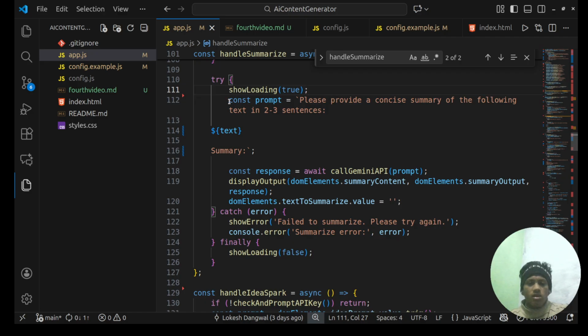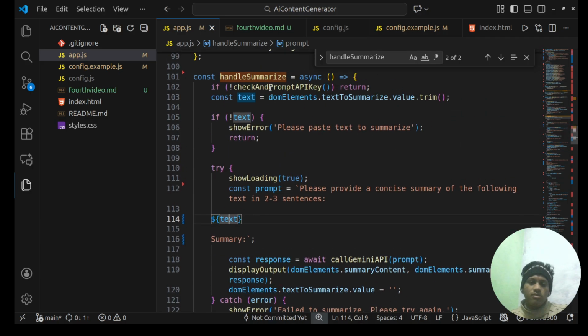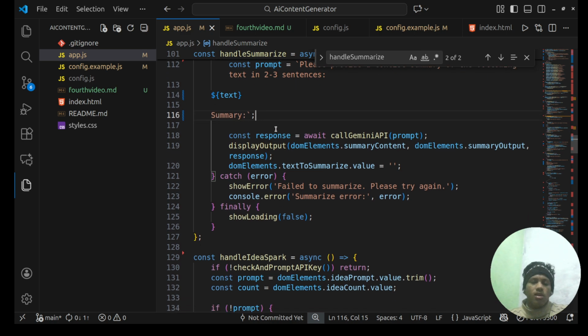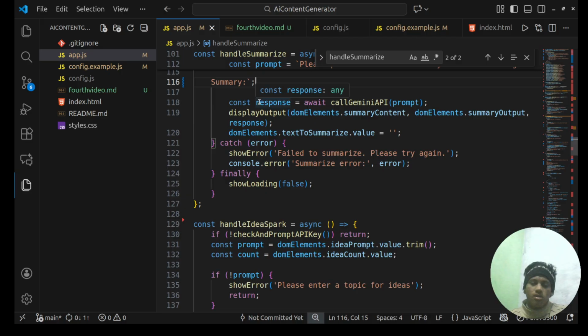And here I prepare a prompt: please provide a concise summary of the following text in 2 to 3 sentences. Here is my text that I wrote in the input box, and here I write summary. Then the response constant will call the Gemini API.